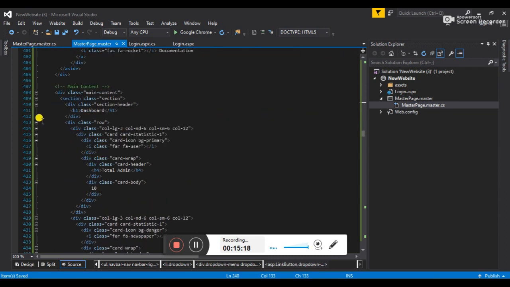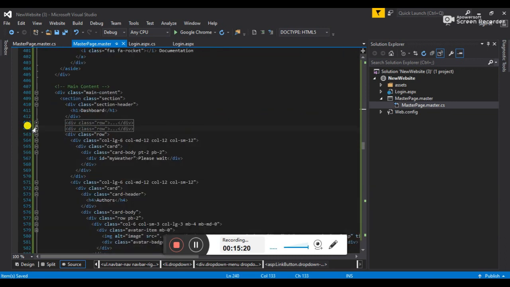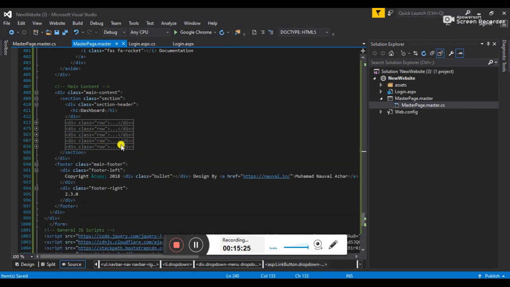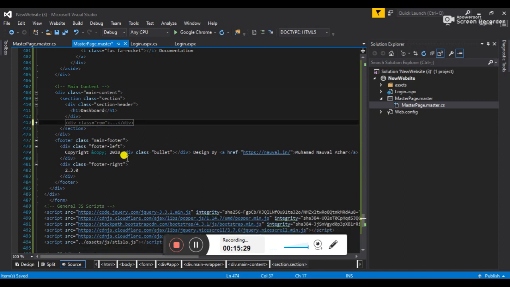I will show you. See, first I close this row, then the second, then third, then fourth, then fifth. Alright, so I will remove all these rows. I will keep only the first row, because the 4 boxes are contained in that first row.